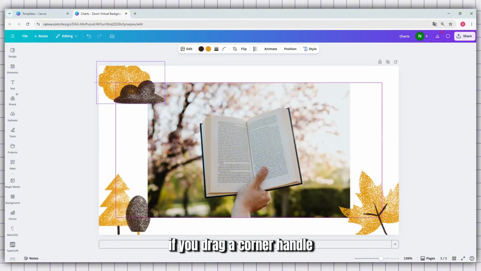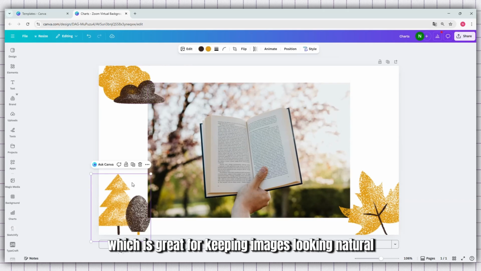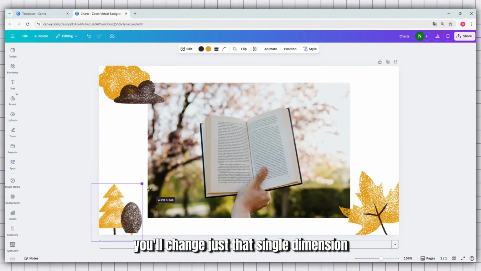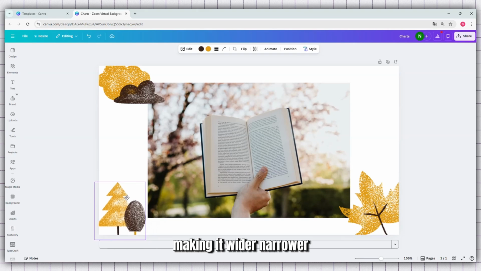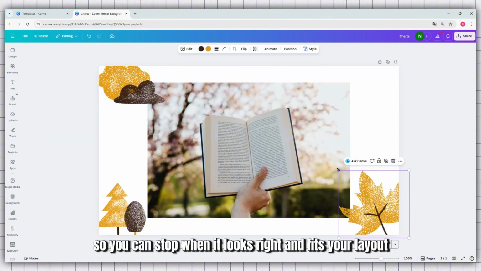If you drag a corner handle, the element grows or shrinks in a balanced way, which is great for keeping images looking natural and avoiding distortion. If you drag a handle on the side or the top, you'll change just that single dimension, making it wider, narrower, taller, or shorter. As you drag, watch the live preview so you can stop when it looks right and